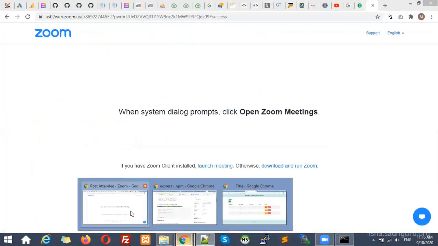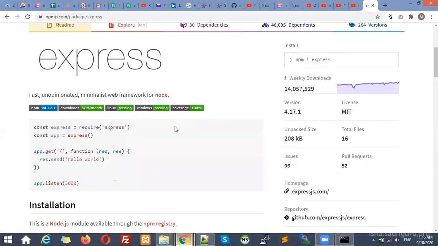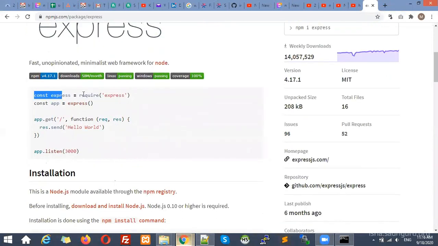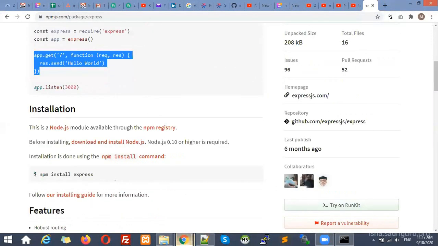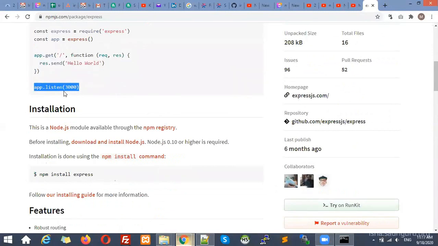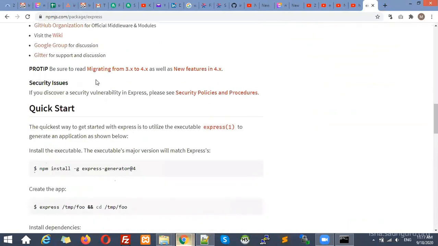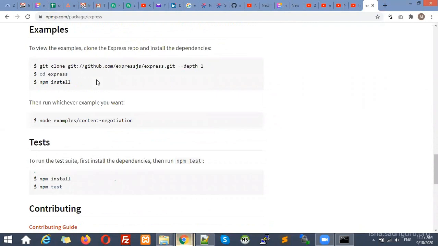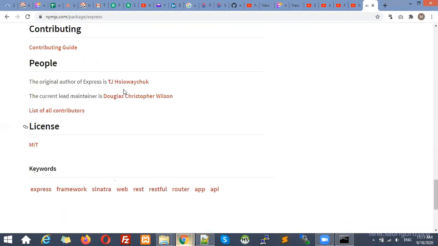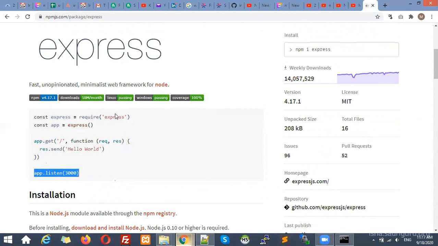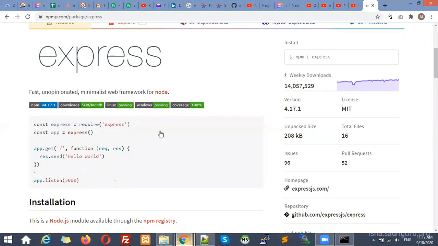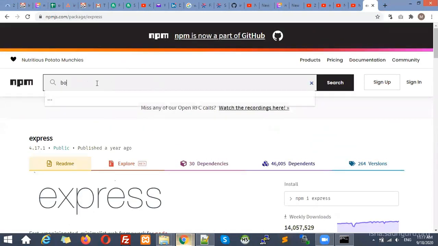That means if you want to look into that Express package, you can see how you can use it. You can see this way you can use it, how you can create this object, how you can create the function this way, right? You have to create a server. How can you create a server? For creating a server, you can use this one. For more detail, all the parameters, you can go through this one. You can see more examples. Over here it is not given, but based on the packages, you can see more examples also. So this is the example for Express. Now let me show you the example for the body parser also.